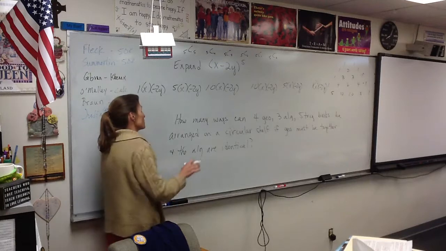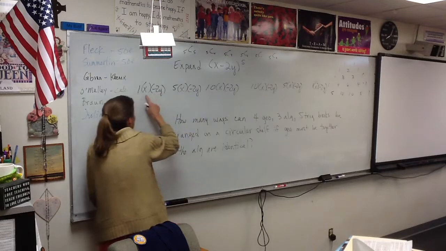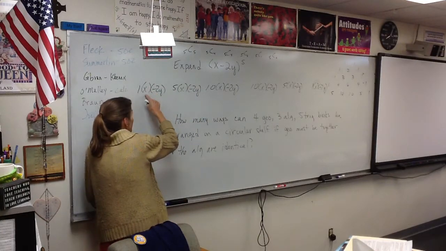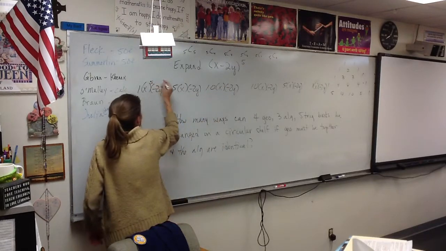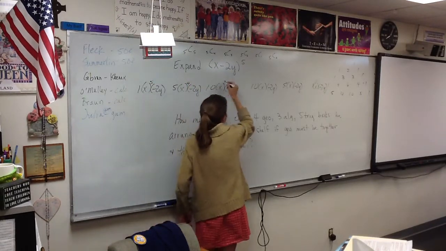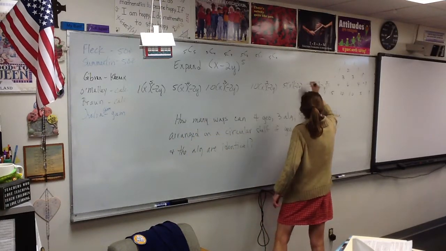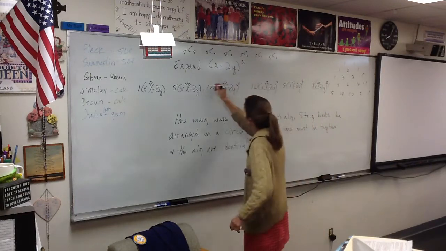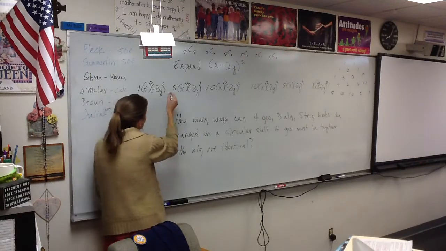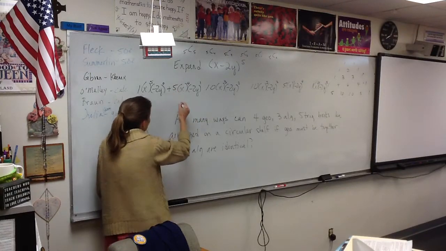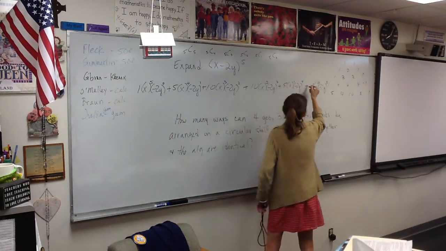All right, now what? I put in my exponents, and we put in the exponents by starting with the first variable, which happens to be x, and in the first term of this problem, x will have an exponent of 5. And then we just go down. And then the y's do the same thing, right? But from the other end. Now I always put, especially when I'm all crowded like this, plus signs to separate those terms. These are individual terms and they need to be